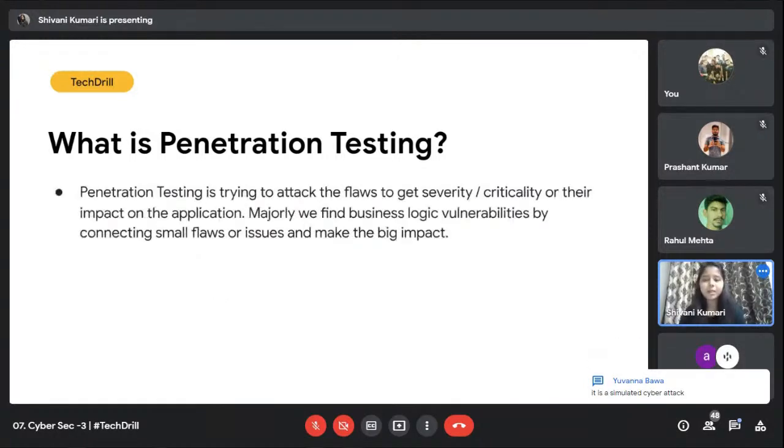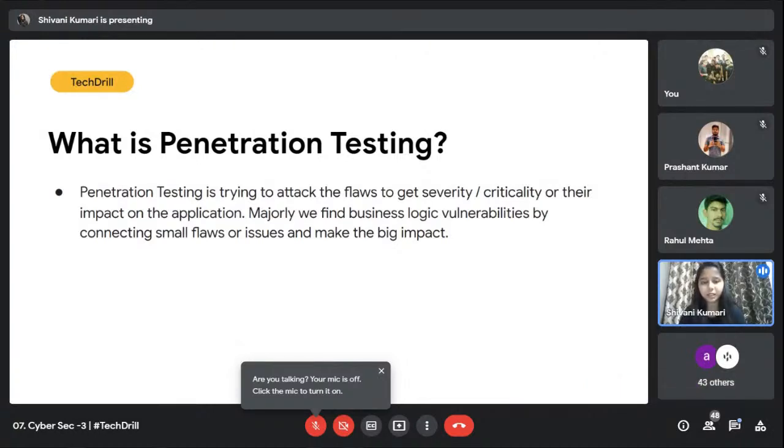So penetration testing is trying to attack the flaws, to know about the severity of the vulnerability, or what the impact of that vulnerability is in the application. Majorly we find business logic vulnerabilities by connecting small flaws or issues and making a big impact. So we will explain this later. Moving forward,